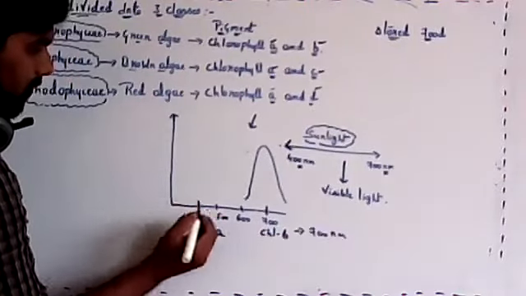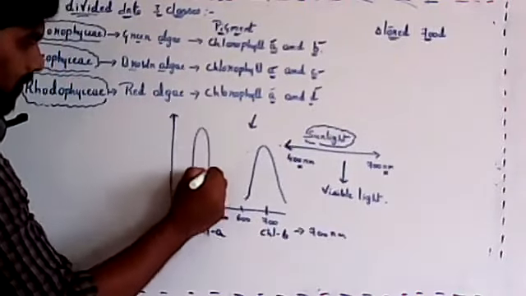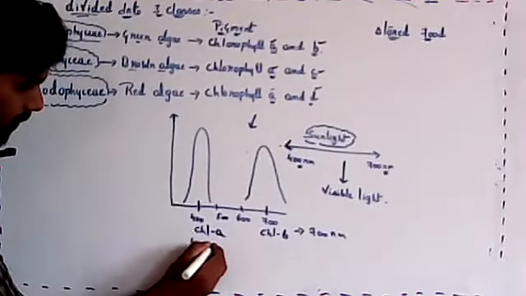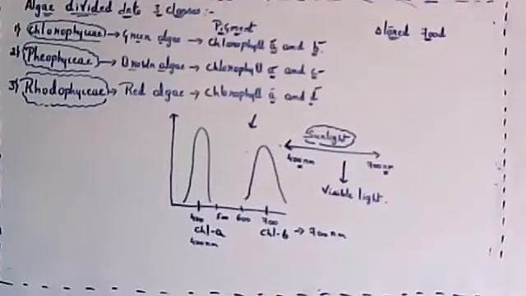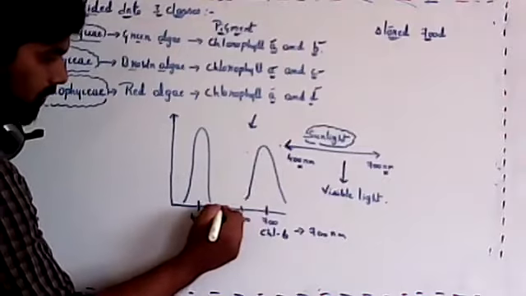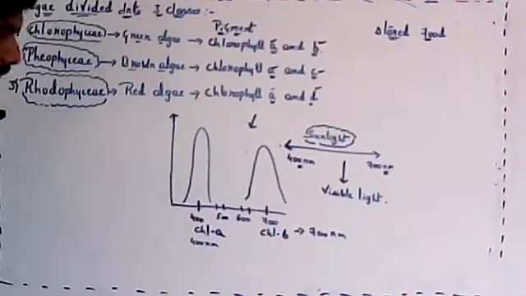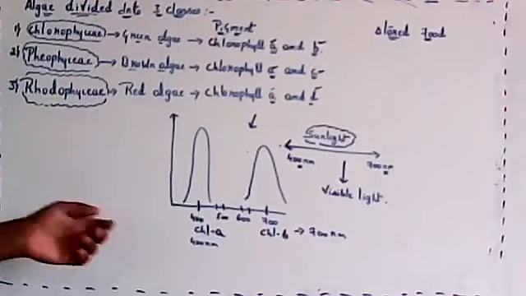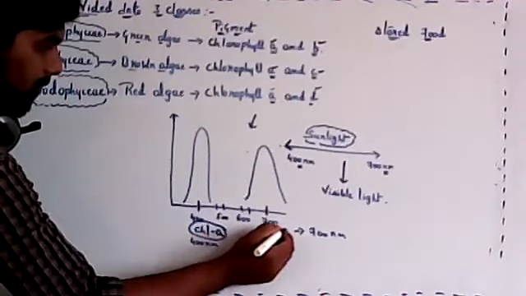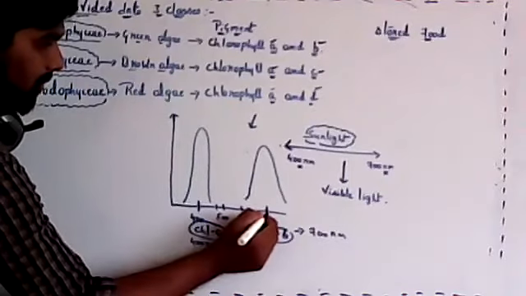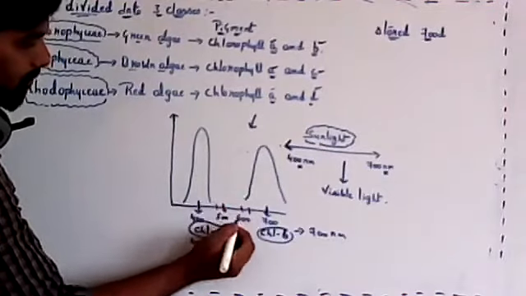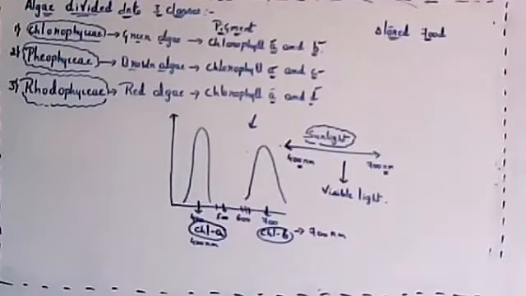Okay. So chlorophyll A will absorb light at 400 nanometer. Then for chlorophyll C and D, somewhere in between, I think between this 500 or 600, like that. So it differs based on the wavelength. Different chlorophyll molecules will absorb different spectrum of light. So chlorophyll B will absorb at 700, chlorophyll A will absorb at 400, then somewhere around 500 chlorophyll C, somewhere around 600 chlorophyll D.